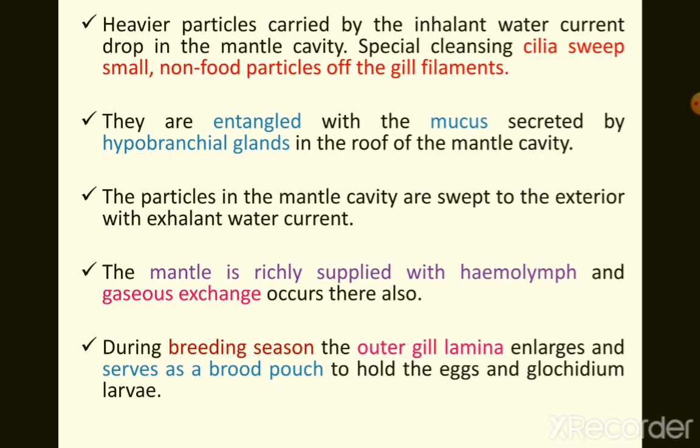So this is with respect to the respiratory system in Unio, and I hope I've put it in a very simple form so that you can understand it better. All you need to know is the structure of the gill plate, its position, and the structure of the gill lamellae, the gill filaments, the different kinds of cilia that are there in the gill filaments, and then what are interlamellar junctions, interfilamentar junctions, the water tubes, and the suprabranchial chamber. If you are clear with these terms, it makes it easy to understand this concept.